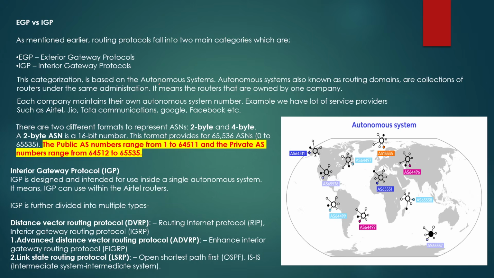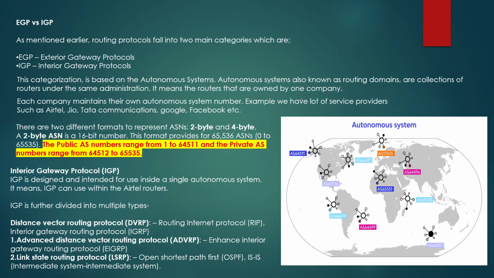First of all, what is an autonomous system number? As we discussed before, it's a routing domain platform. In a routing domain, you will configure routing protocols on a router, right? Say I'm running a service provider company and configuring a routing protocol. That physical router belongs to which company? You will give it a host name.